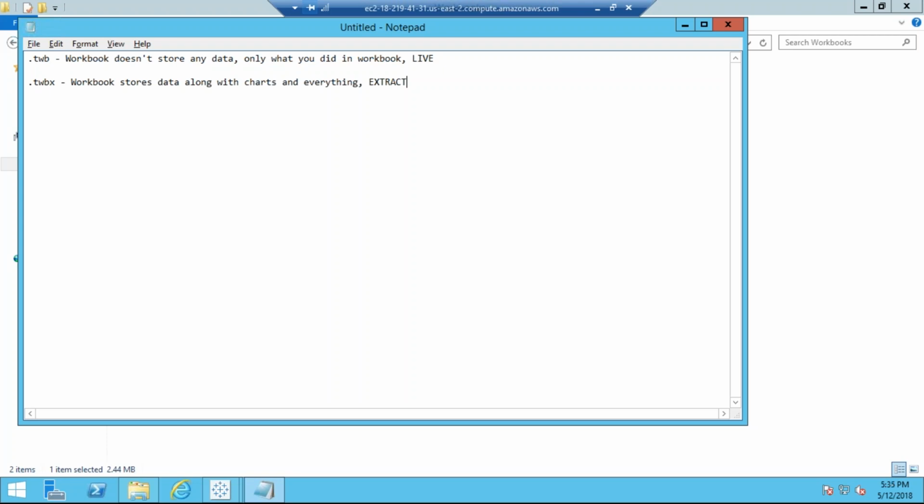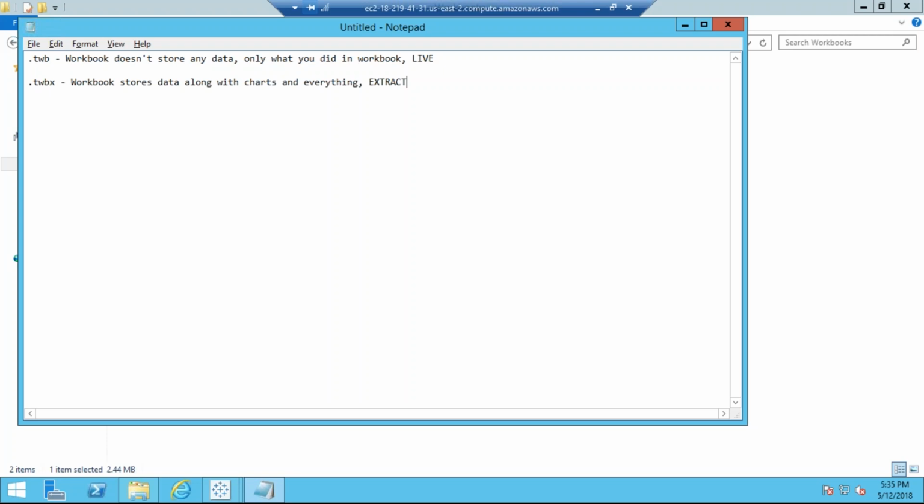In that case, you don't have to share the data with me. I can connect the data myself because I have access to the database and the same data. So this is one of the use cases we normally have in the team. In my team I have 5 people, so I can share a TWB file with any one of them, and I don't need to share the data because all 5 of us have data access.